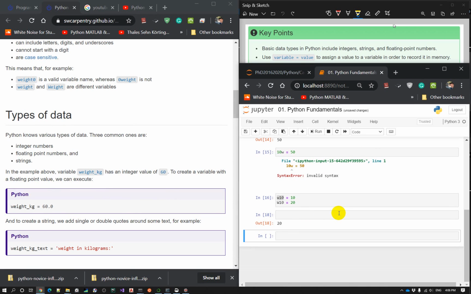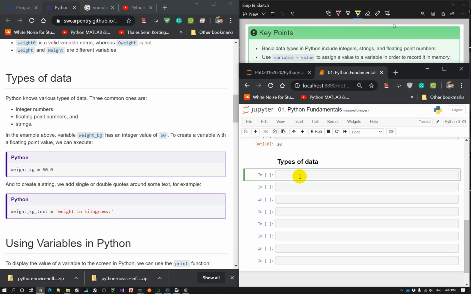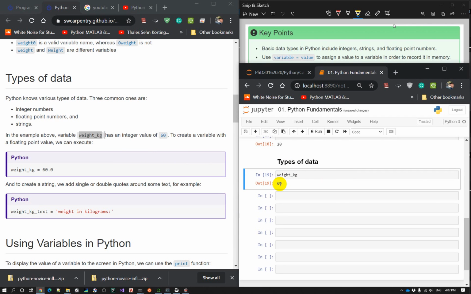We press 2 to make it a heading 2, and we type in "Types of data". There are many data types in Python, and the 3 common ones are integer numbers, floating point numbers, and strings. If we call the variable weight_kilogram again, we get the value 60, and 60 here is an integer. We can test the type of it, type of weight_kilogram, and we print it out,